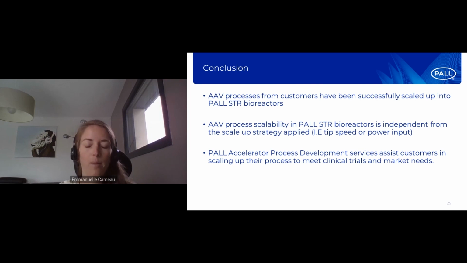And our PALL Accelerator Process Development services will assist customers in scaling up their process to meet clinical trials and market